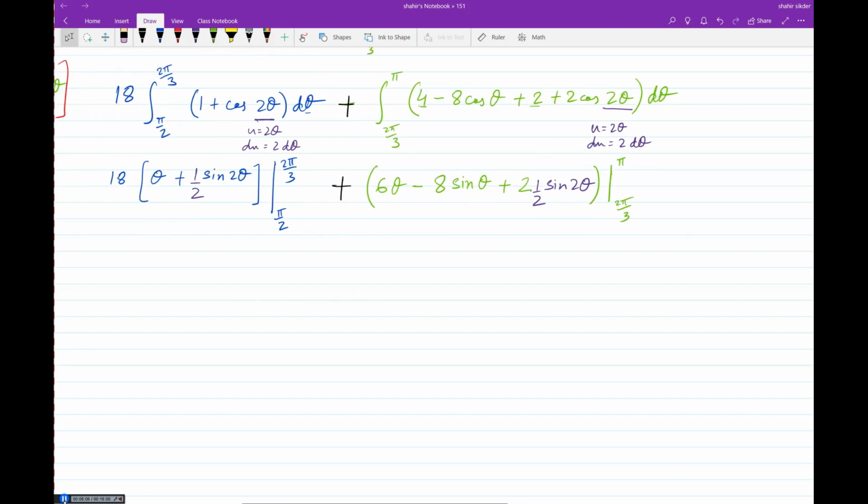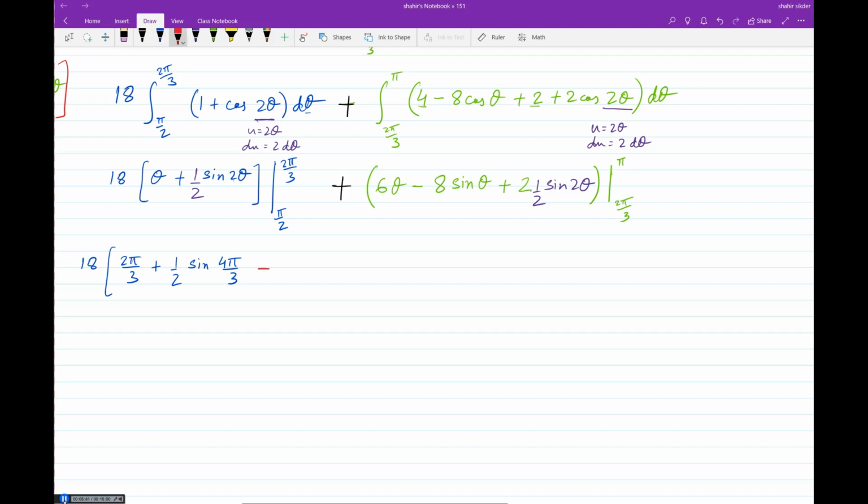Our next step, we're going to try to evaluate the blue ones and the green ones separately. So the first part would be 18 according to the fundamental theorem of calculus, upper bound minus lower bound. So you'd have 2 pi thirds plus 1/2 sine of 2 times 2 pi thirds, which is 4 pi thirds. Remember, we're multiplying with these two with the argument here for the sine, minus,